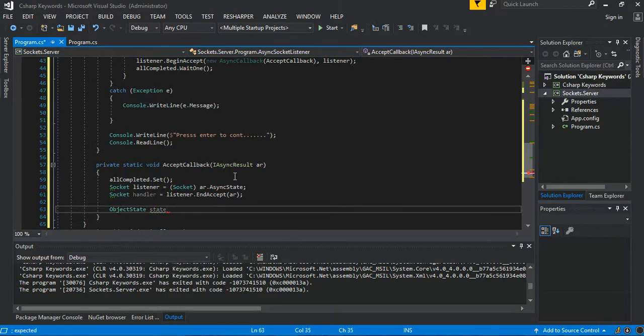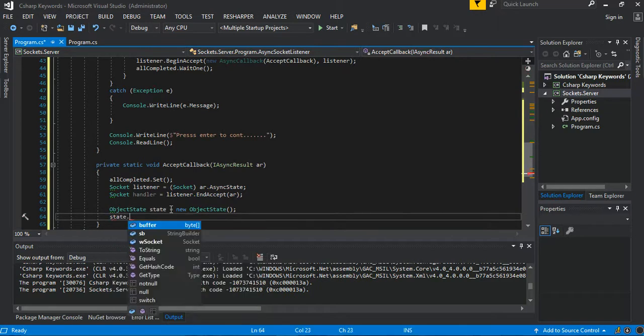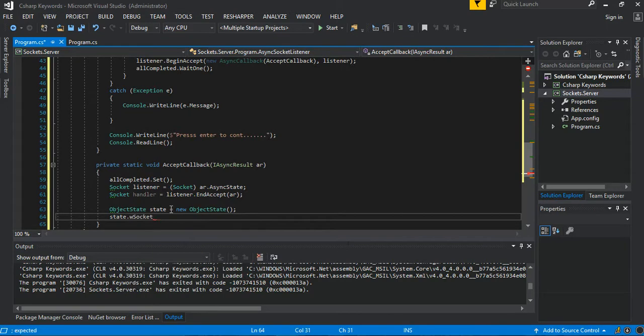We just initialize it, new object state, and we can say state dot WSocket is equal to our handler,